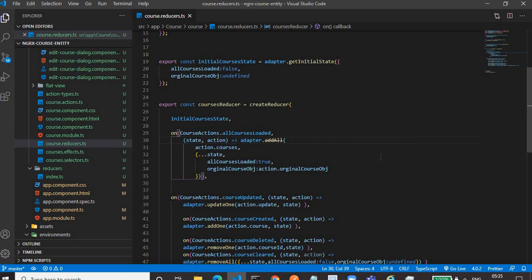No need at all. We'll see the NGRX data approach, which is also a new concept introduced in Angular 8, in which all the burden of creating the effect, action, and selectors is gone. We just have to call the appropriate function to make the Ajax call as well as manipulate the store. We'll see that in our next tutorial, where we'll see how we can implement NGRX using the NGRX/data approach.